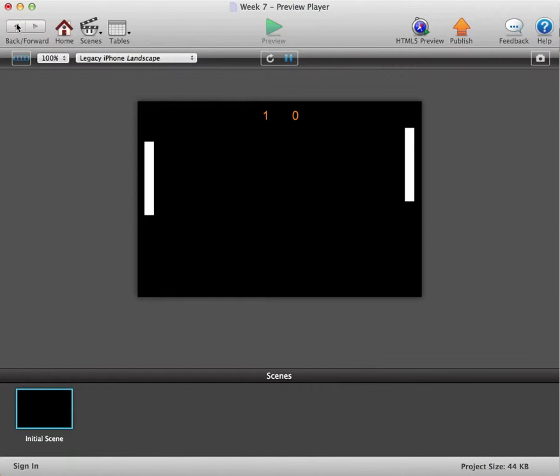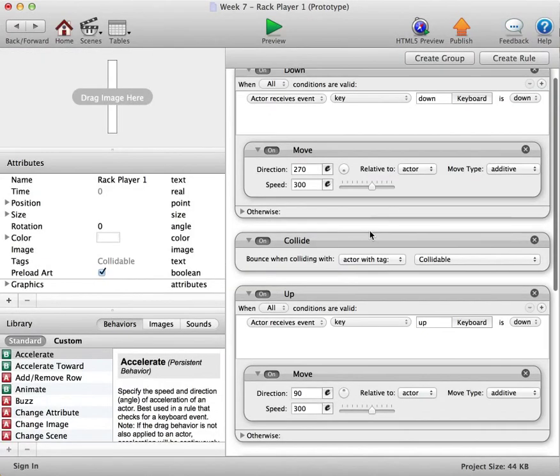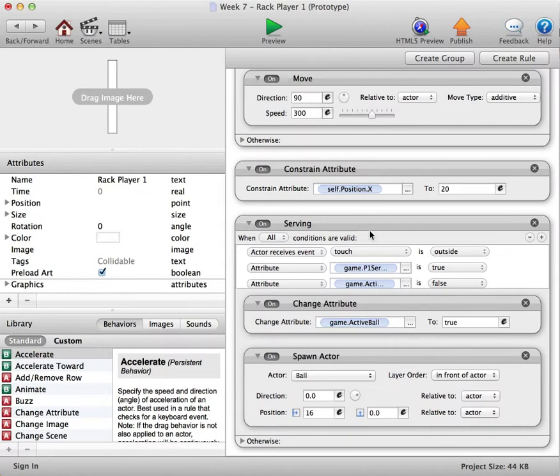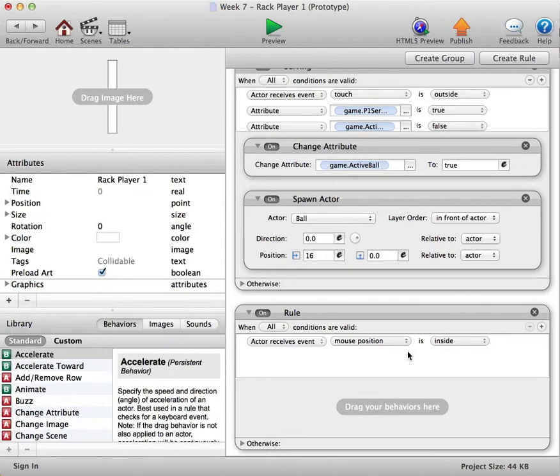We need to jump back into our player 1 and add a few more rules. In fact, we're going to add a whole new rule, and this rule is going to essentially keep our player within a specified area, or your touch within a specified area. So your control is speaking to the iOS device appropriately. So if we go to create rule, and you can follow me on page 60 in fact, also in your Learn Game Salad books, when actor receives event touch